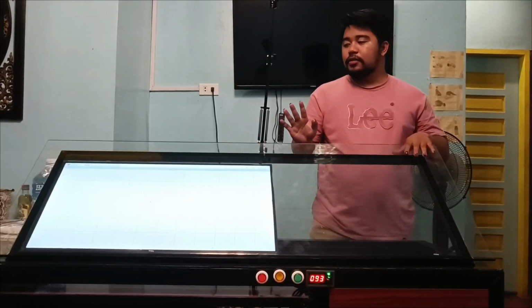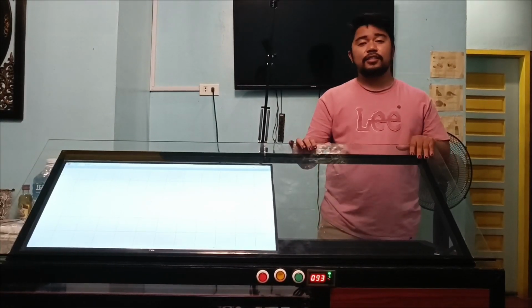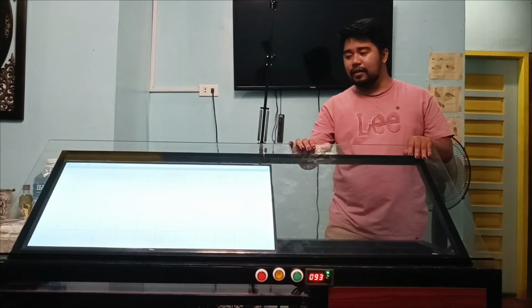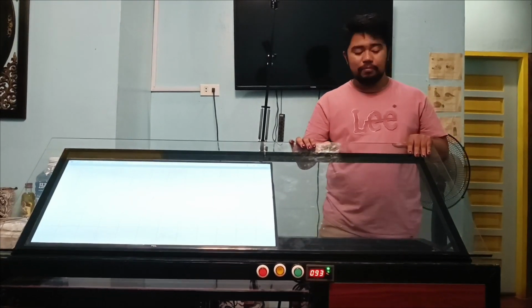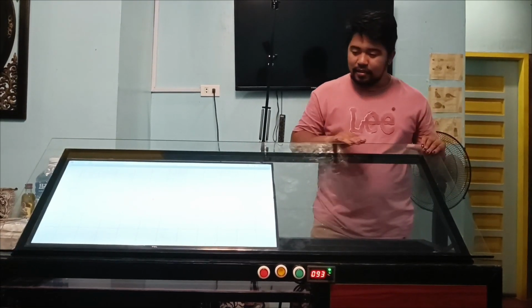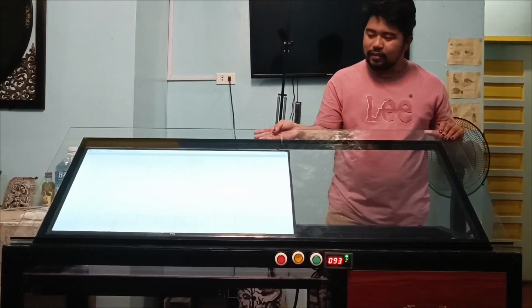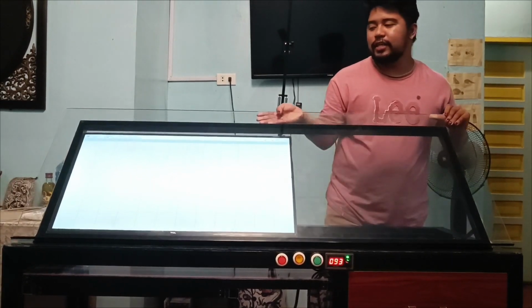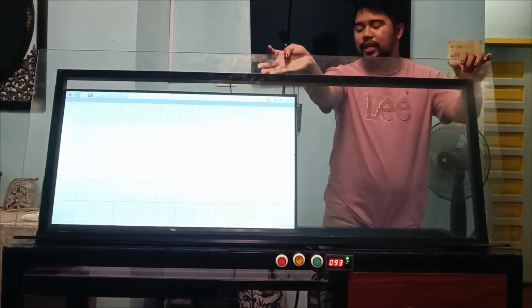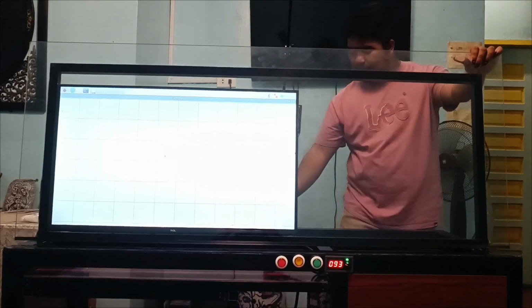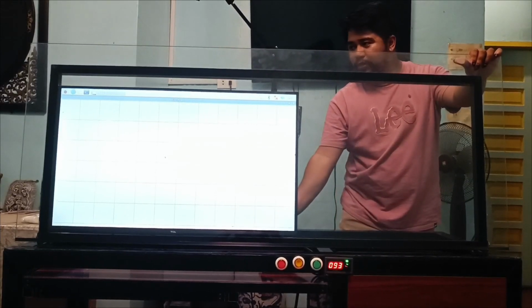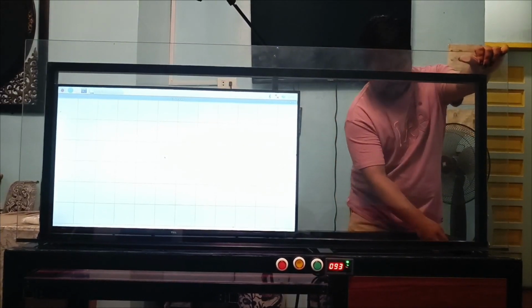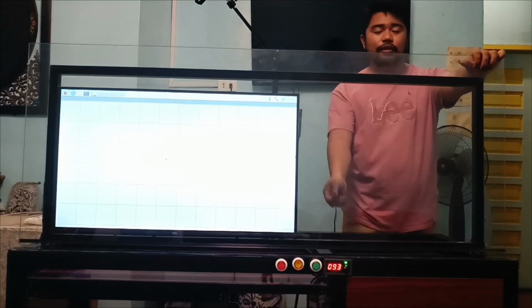Okay? So the next feature is the adjustable or folding table. So this is the transparent working table. You can adjust this one to 90 degrees up to 0 degrees. So 90 degrees for presentation.